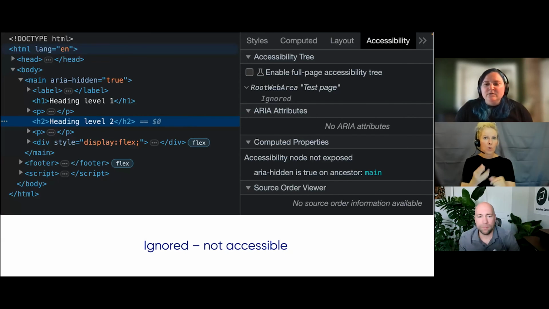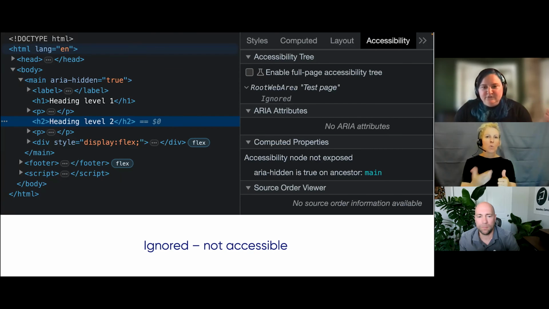So if ID is the problem, I would probably try that implicit label approach where you are wrapping the label around the input field, because again, you don't need unique IDs. That's a common problem if you are using a template, for instance, where you're repeating the same component down the page. Unique ID on all of those is very difficult, right? So you have to do a lot of scripting and counting to make that happen. So I would try the implicit label first.